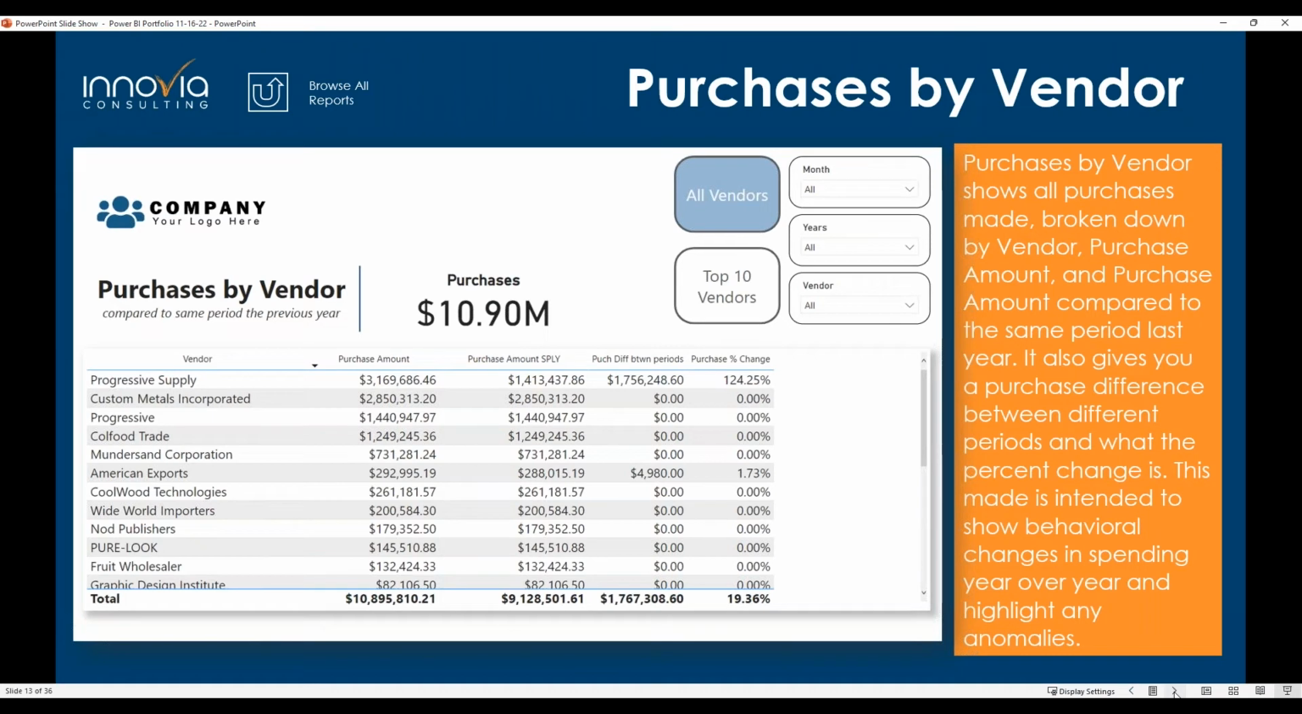All right, and now we are going to move into purchasing. We will start with purchases by vendor. This page is one that compares to the previous period. So we have some interesting features on this page. It's primarily tabular,